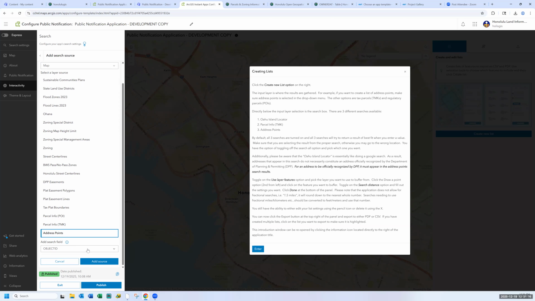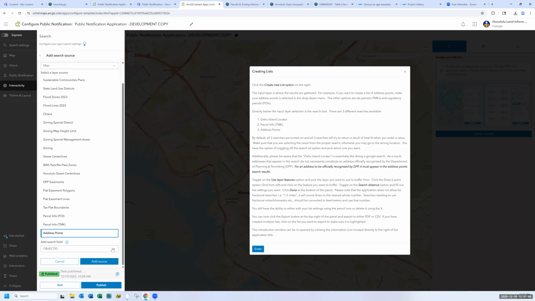If you go back and edit it after the fact and change it to what you want, like if I changed it two days later to geocode add from object ID, even if I save the changes, publish it, do everything necessary, it reverts to the object ID field as soon as I save and publish. And so it'll go back to being basically a useless search. So like I said, I think that's a bug.